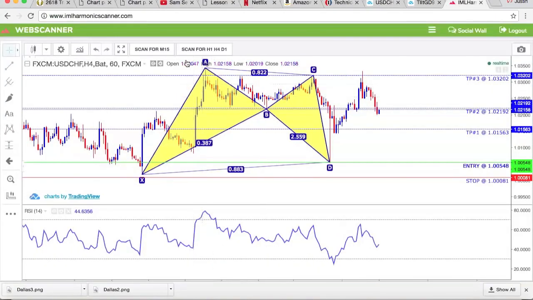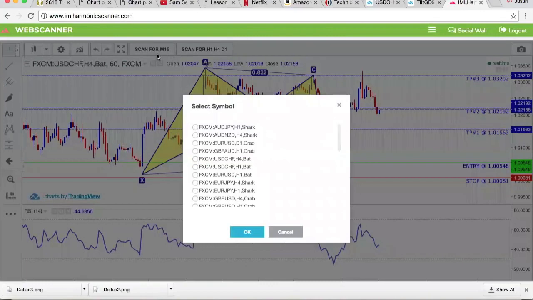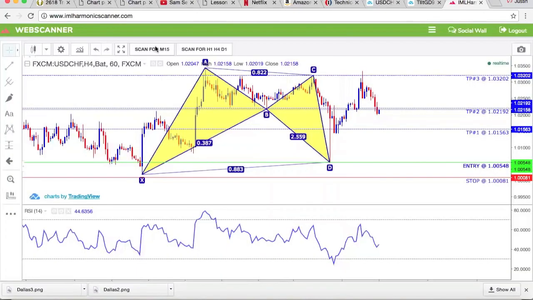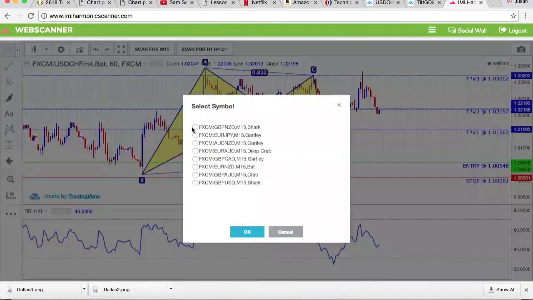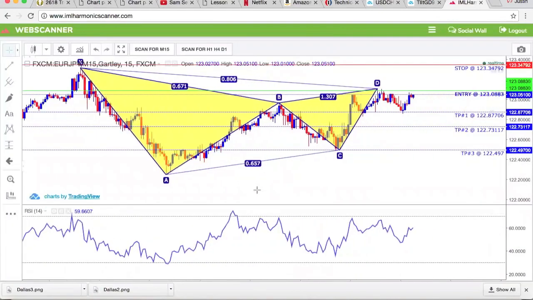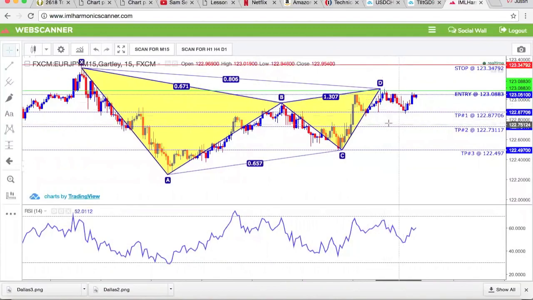We can do this for another one too, and I'll just choose one here. Even on the lower time frames, 15-minute, we'll see here. We can see a Euro JPY Gartley. Let's see this one. Started making its way move down. Okay, so